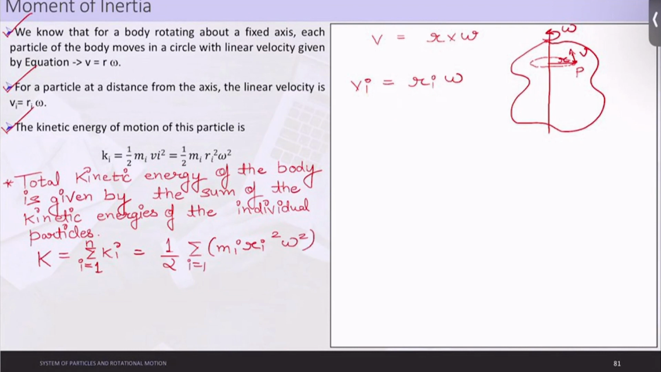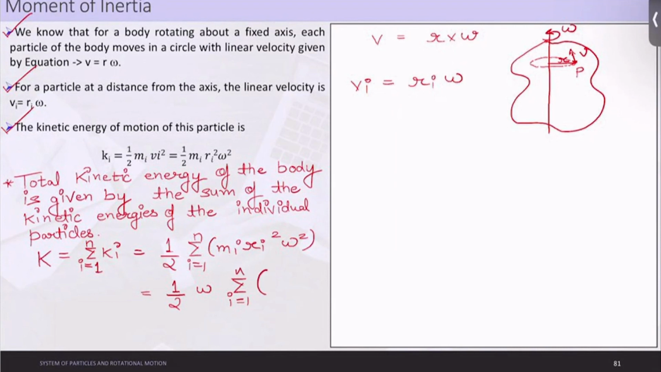Please look at this very carefully now. So what we basically did, we summed all of them, and therefore we found that it is equal to half into summation i from 1 to n of m_i r_i square omega square. Here n is the number of particles in the body, but as we know that omega is the same for all of these particles, so we can take omega out of the sum. So we can write it as half omega summation i from 1 to n